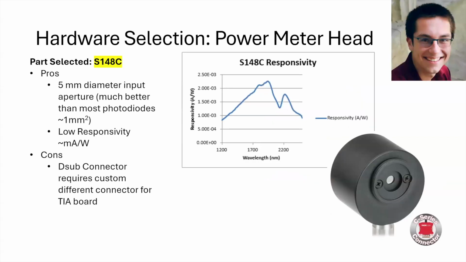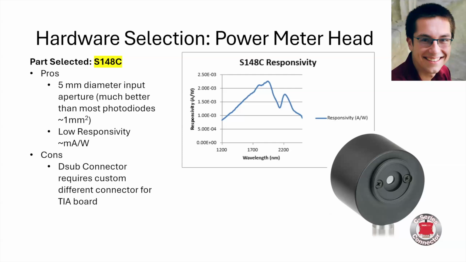So for some of our optics hardware selection, there are a few parts that were really important to consider to make sure that we meet all of our specs. For the power meter head that we selected, we picked the S148C power meter head from Thorlabs. There are many advantages to this, but the two main ones are that it has a relatively large input diameter, which is about 5 millimeters. And this is much better than many photodiodes, which only have an active area of around 1 millimeter squared. So we can fit a much larger beam on this detector,